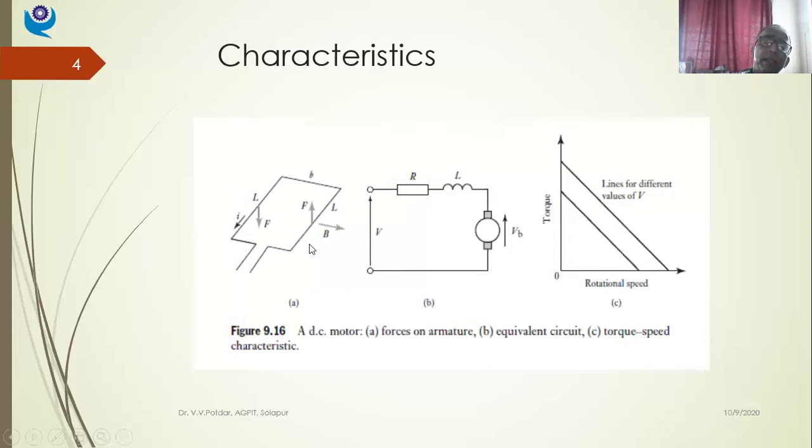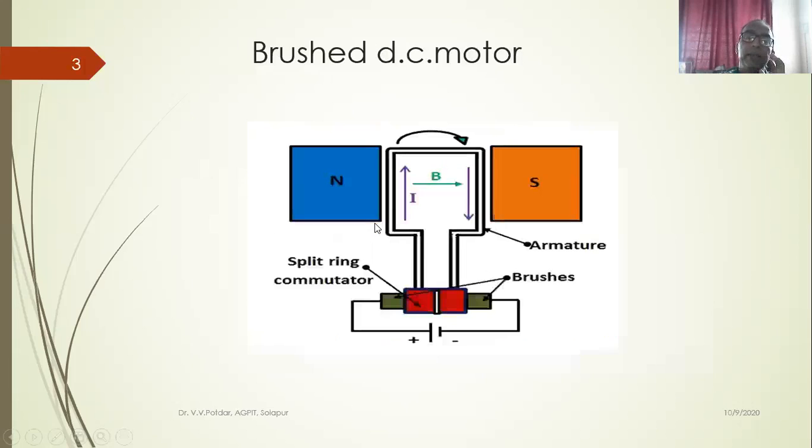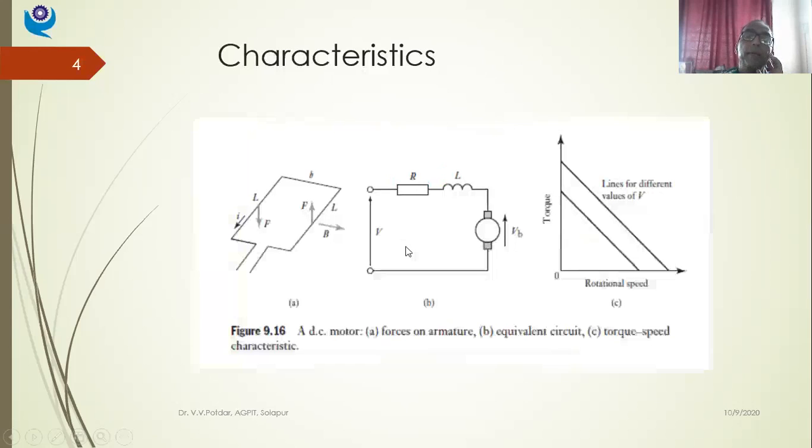So this is what we discussed just now. The force F with the breadth of the coil as b, F into b, is the torque that is developed on the coil. Well, let us see the equivalent circuit for this rotor winding and stator winding. Okay. So this is the supply voltage V that I am applying.